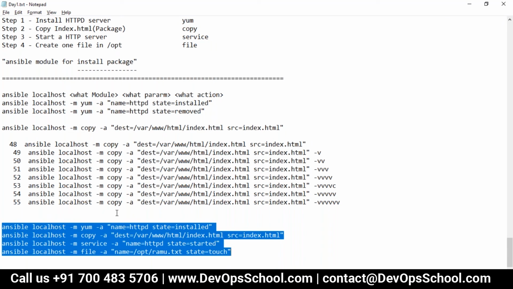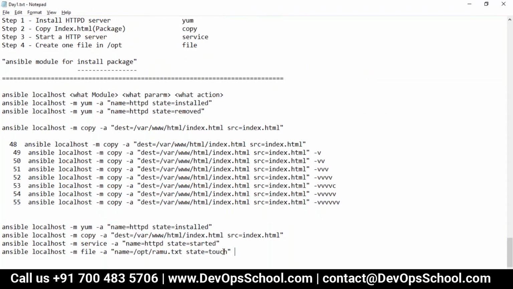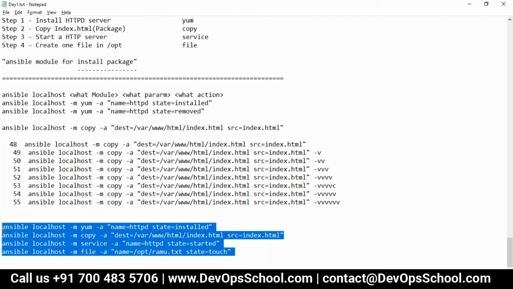Let me tell you guys, this same machine. Now these same ad hoc commands will do the magic on one remote machine, multiple remote machines using inventory, multiple remote machines using group in the inventory, which is the next demo. But the question is, did you understand that so far?